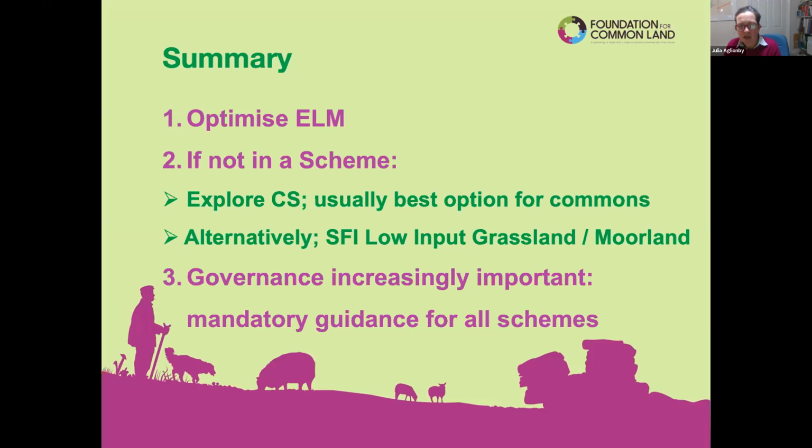We do feel that it's going to be very difficult for commons who already maxed out on countryside stewardship to be able to get more money out of the system as things stand at the moment. In the future, maybe, but as things stand, your basic payment on your common is declining and will have disappeared by 2028. But if you're already in countryside stewardship on that land parcel, it's going to be difficult to add in more options, particularly if you're in a higher level of stewardship that you can't change.